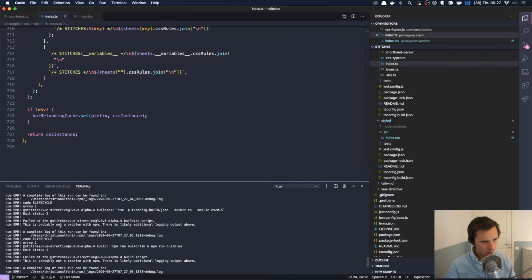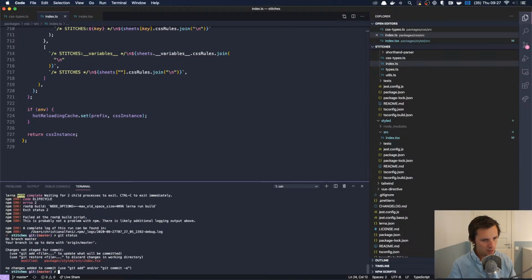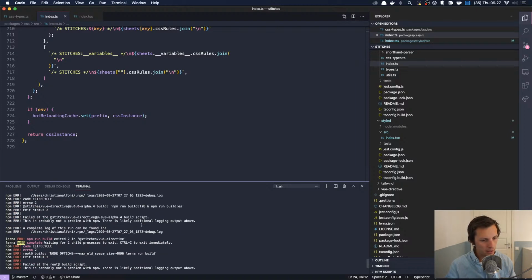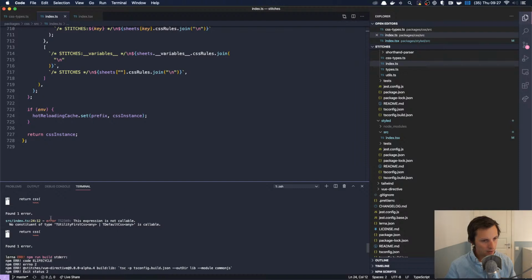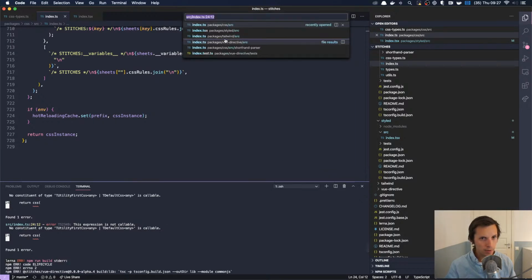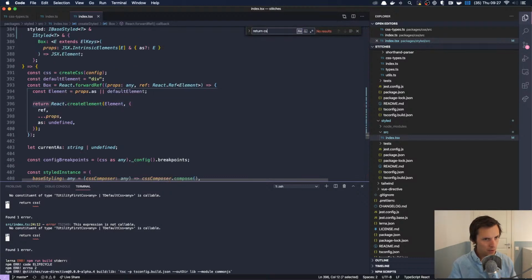This expression is not callable? Wait, did I have some other changes here? But I haven't changed anything. How can it break in a project where... Oh wait, sorry. Is this inside? Maybe I'm looking at the wrong package. Maybe this is inside styled. So, because we are return CSS. No, where the hell is this?